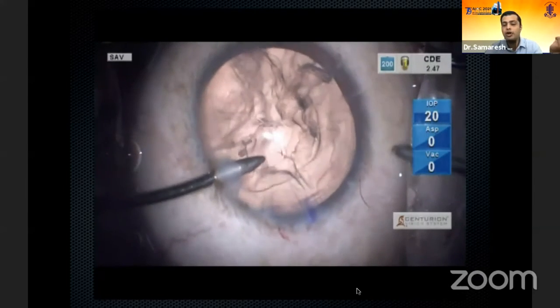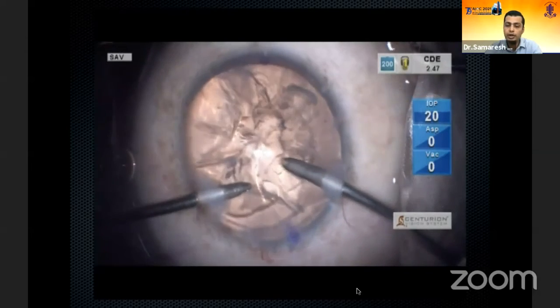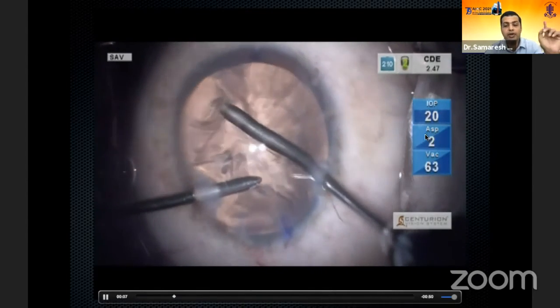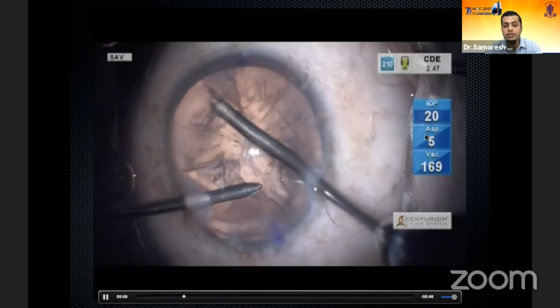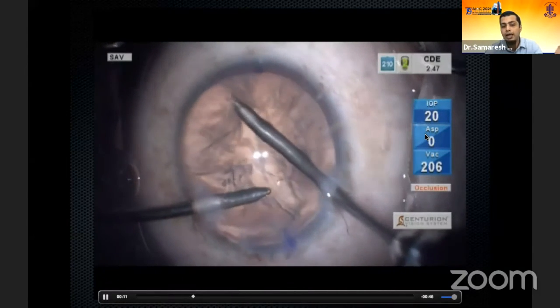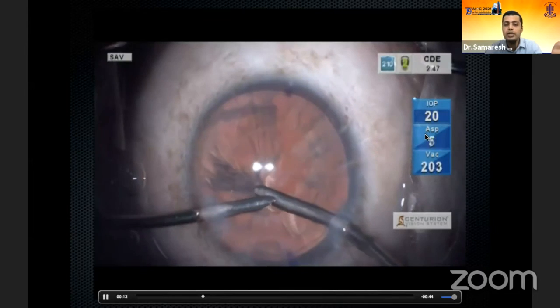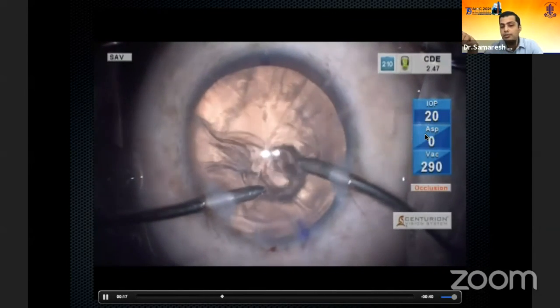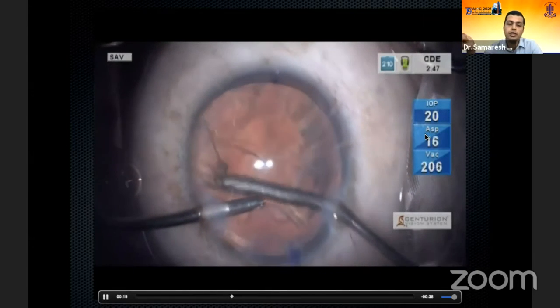The same thing, like I said, for a bimanual IA, my preferred is bimanual when it comes to myopic or hyperopic eyes. But again, my IOP is low, but my flow rate is also low to compensate so that there's no surge, and I'm able to take off the entire cortex quite efficiently. These are the eyes where you're worried about anterior trampolining, but nothing will happen so long as your inflow and outflow match. The posterior capsule will stay in its place and not move.